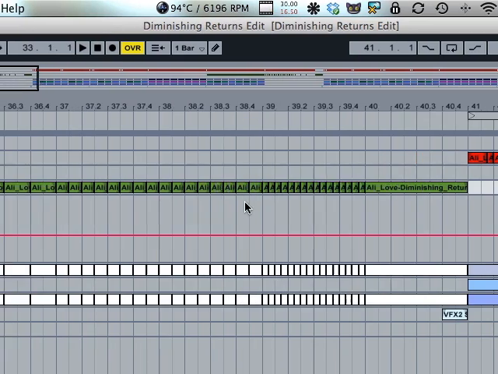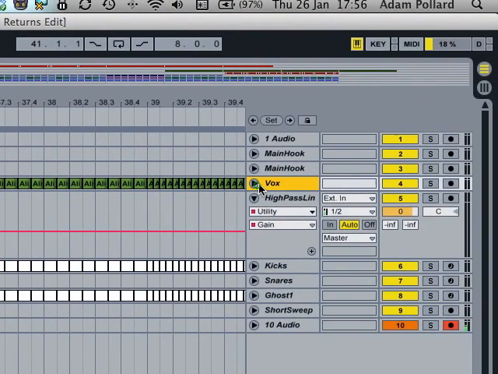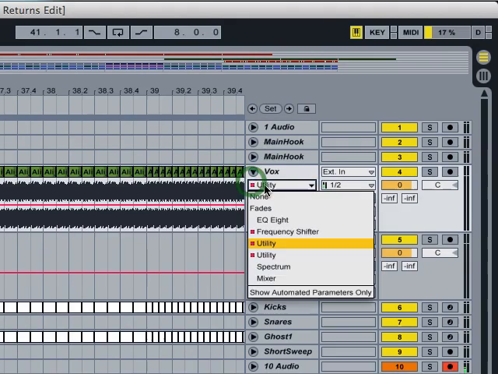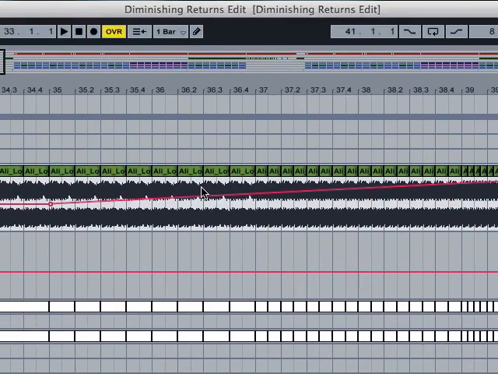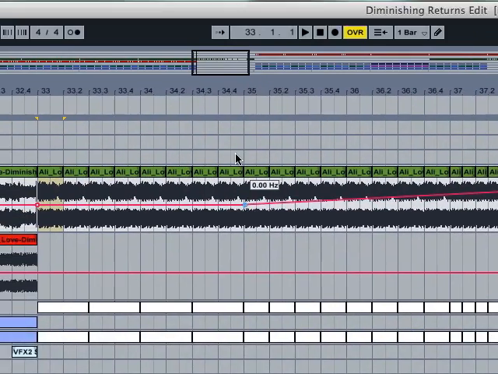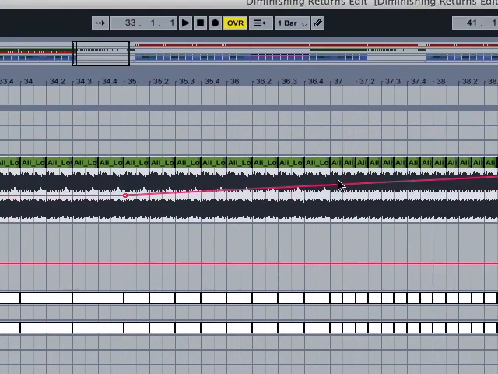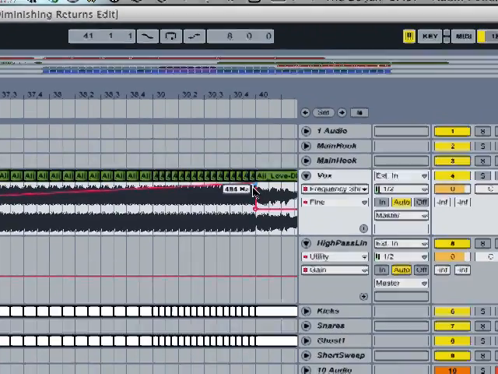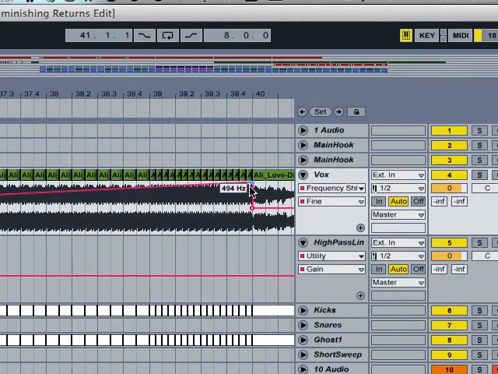which is a pretty common and really useful way to make a simple build. But I've made it more interesting than that, because what I've done is, you can see, I added a frequency shifter to the channel, and then from about here onwards made the frequency go higher and higher, so it just added a little something to the build. Because Alvin Risk did a pretty similar thing in his original remix, but it was a lot more all over the place, and I wanted to keep that same vibe but do it differently, so I kept it